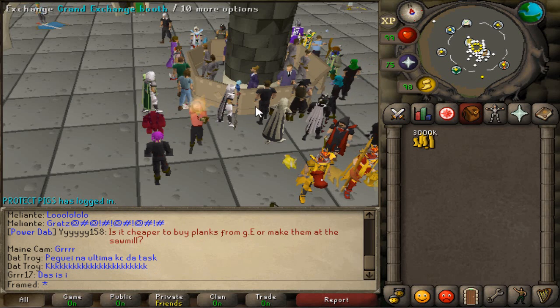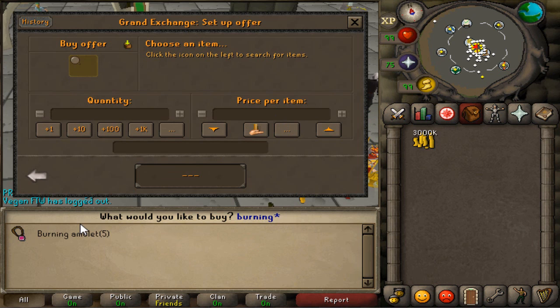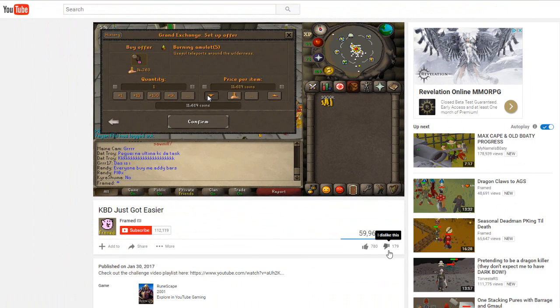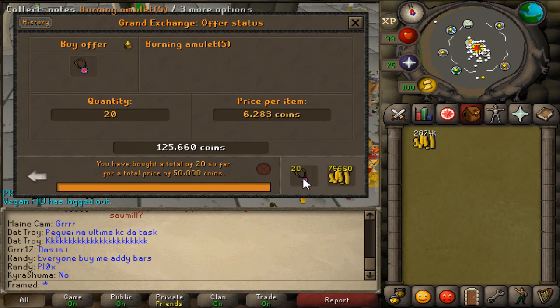Thankfully, with today's update of Silver Jewelry, KBD just got a lot easier. And not in the sense that you can kill it faster, but in the sense that you can get to it faster. Wait, no. Let me explain. Okay, so with the release of the Burning Amulet, you now have the potential to teleport to the